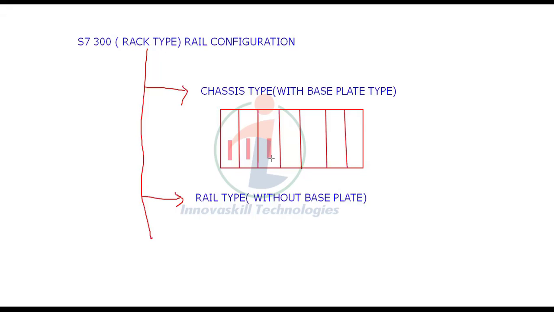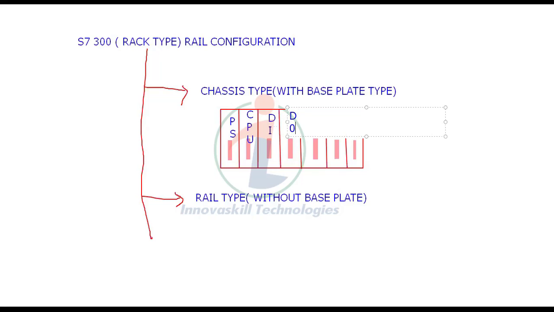So there will be separate arrangements like this. Here what we have to do is fix each and every slot in this. So we will have slots, and that slot should be fixed, that is, connected in these empty spaces. And here mostly the first slot will be for power supply. Next, second will be mostly for CPU.